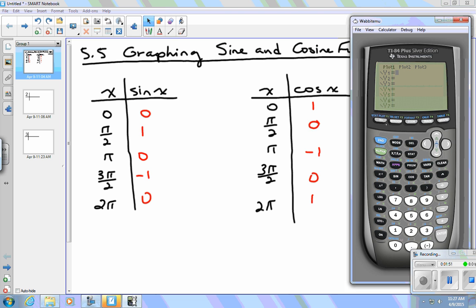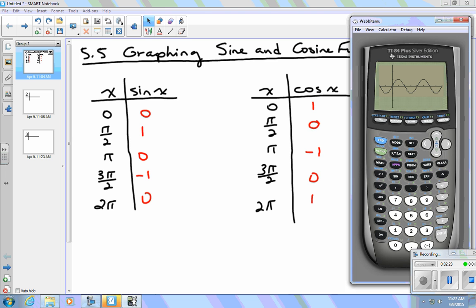Then press your y equals button, and then let's enter the sine of x and take a look at the sine function. When I do that and press graph, I get this beautiful wavy function, which is called a sinusoidal function. It keeps repeating itself, which means it's periodic. Okay, and a periodic function repeats itself continually, and we're going to define some of the